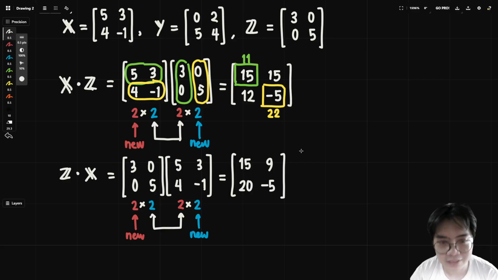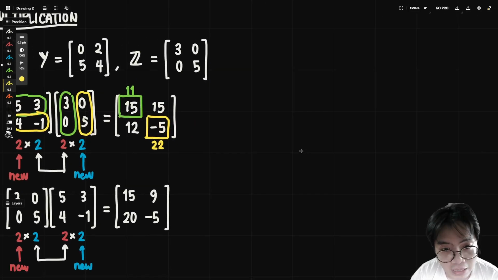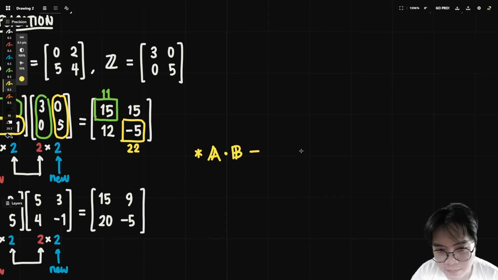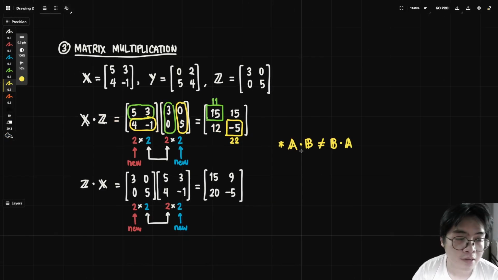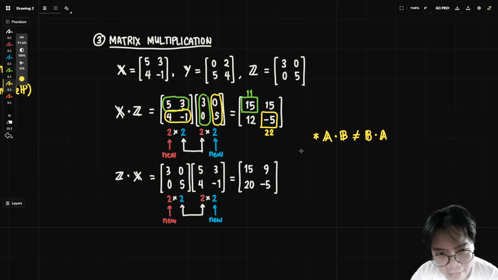Okay? So, now we see that the commutative law does not exist for matrix multiplication. Just because you have A times B does not mean it will be equal to B times A. Ito ang isa sa pinaka-important na rules for matrix multiplication. Right? We have to believe that that is true because also if you think about it, what if magkaiba yung